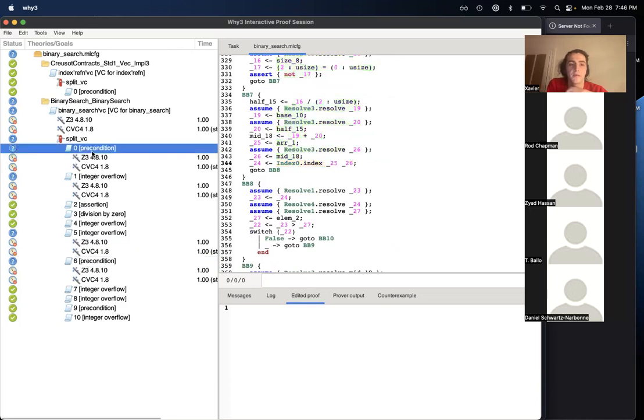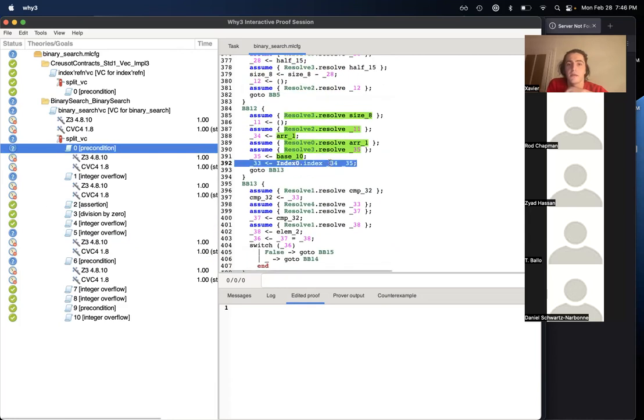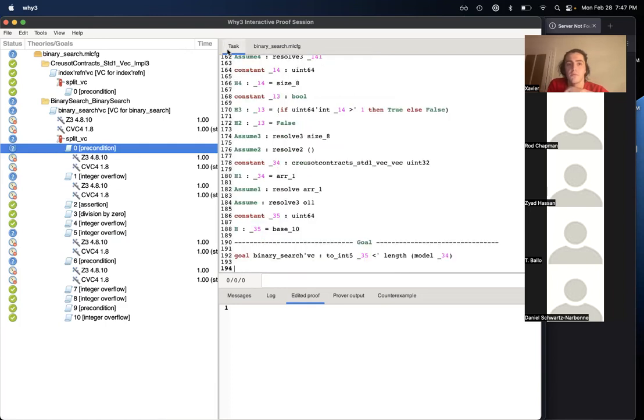And that makes sense. So for example, we can take a look here. We can see, okay, here it is asking us to prove a precondition for index. And in Why3, if we switch to the task view, we can actually see what's being asked in the logic to be proved. We're being asked to show that the index is less than the length of the vector. So we're going to have to go back and instrument our program with the specification to allow the provers to conclude that everything is all right.